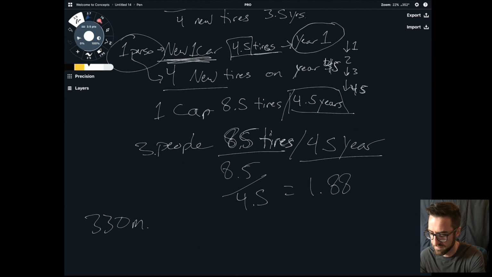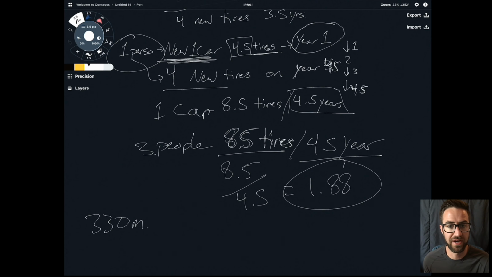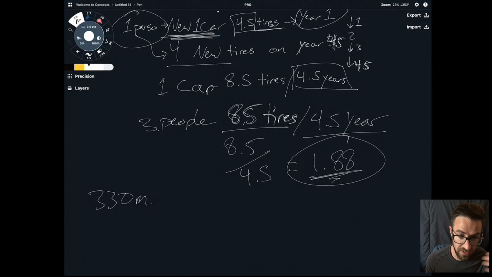I think that's opposite. No, that's right. So that's what we got here. So every 3 people in the United States, on average, are getting 1.88 tires. So they're almost getting 2 tires a year. And because you can't buy